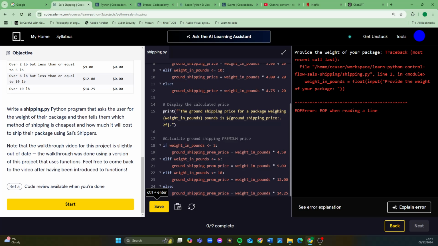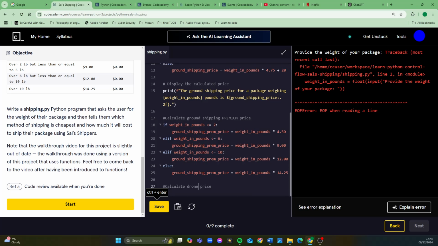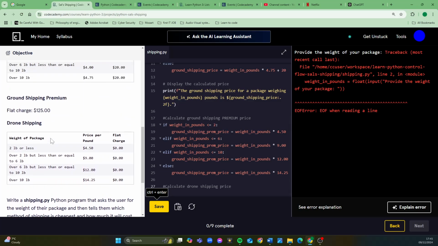And then we would calculate the drone shipping price. Oh, no, that's what we've just done. Okay, fine. Rename that as the drone shipping price, but first we need to calculate the